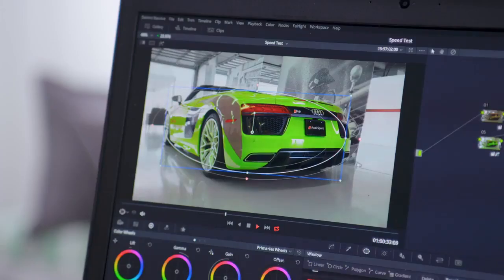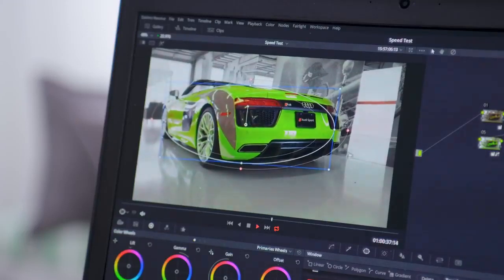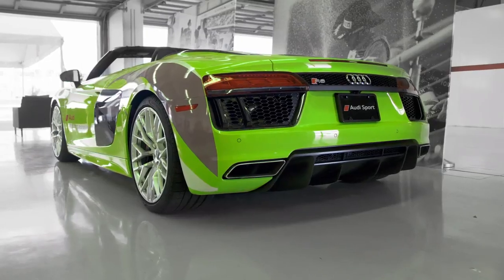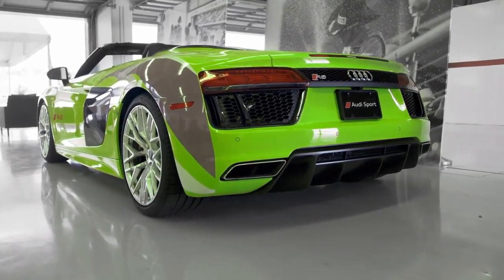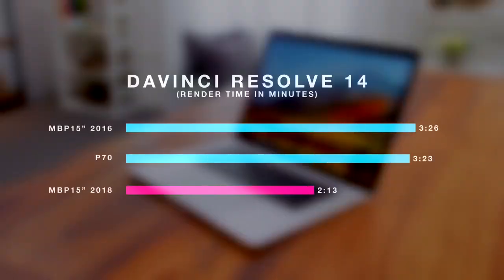Next up, let's put this all together and do a little bit more of a real-world comparison. So we have DaVinci Resolve running on all 3 of these systems. We're starting out with some 7K RED RAW footage, which is then being heavily color corrected with power windows, and then it's going to be exported as a 4K H.264 file. Okay, so it looks like Resolve is definitely a big fan of the Core i9 on the 2018 MacBook. Here, the 2018 MacBook is going to be a full minute faster than both the 2016 MacBook as well as